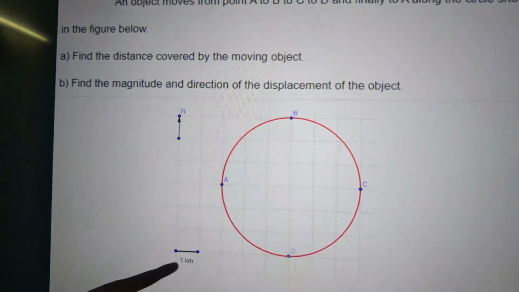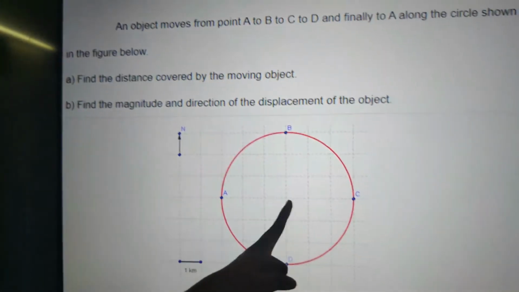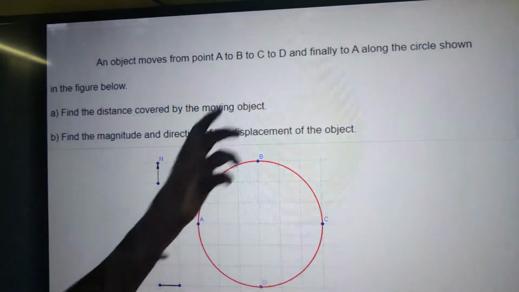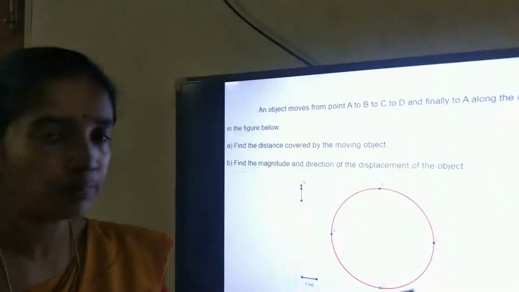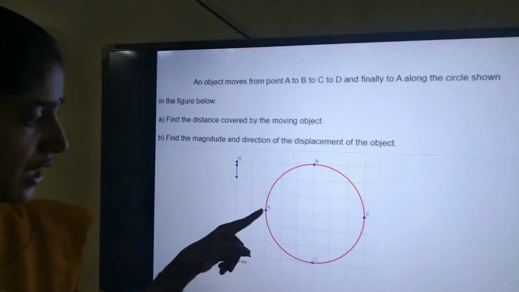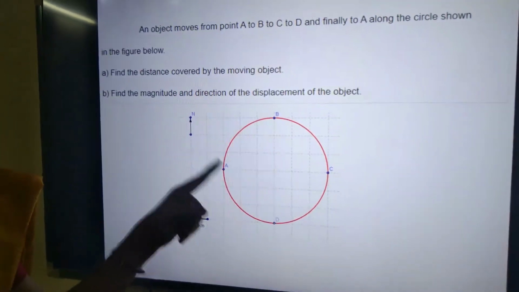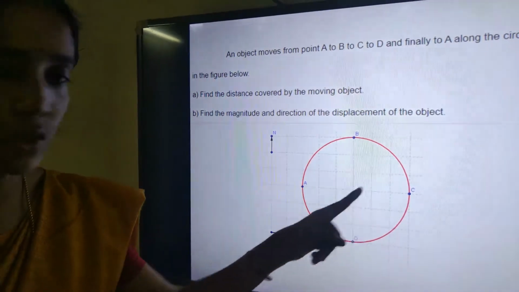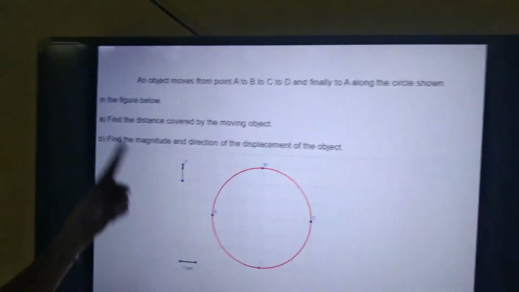So you see it is written here, 1 kilometer, the side. So here this is the center. So how much is the radius? 1 plus 1 plus 1. That means 3 kilometer is the radius. So if we have to find the distance, go for the total length of the path, because it starts from A and ends at A. So total length is 2 pi r. Pi you can write as such, you don't need to put the value, but r you have to substitute. So instead of r, what will you write? 3 kilometer. So that is what is written here. So let me show you the solution of this distance. Then displacement we will discuss.